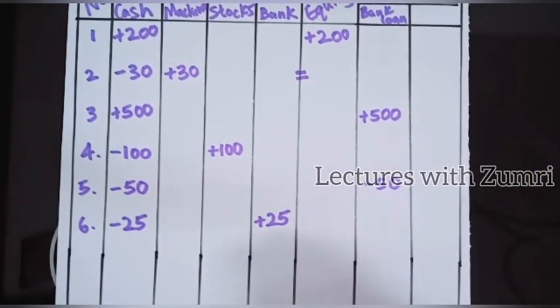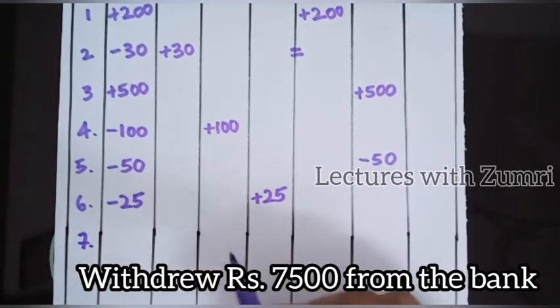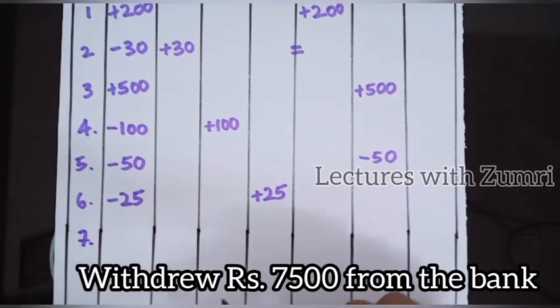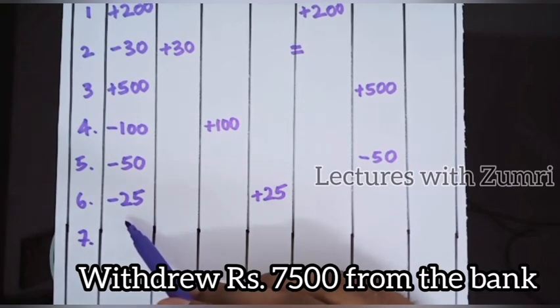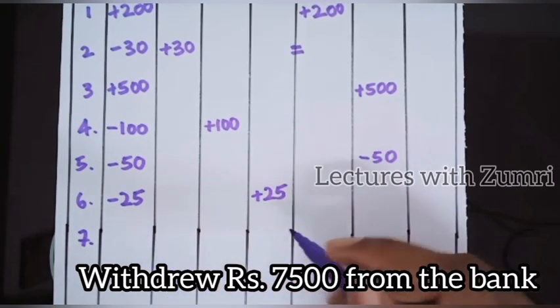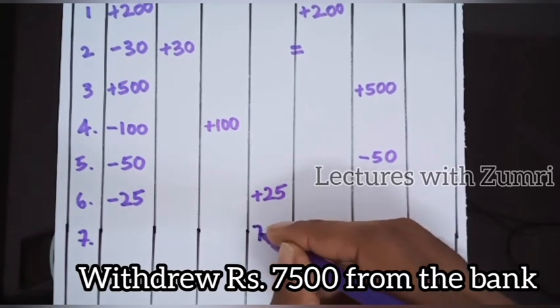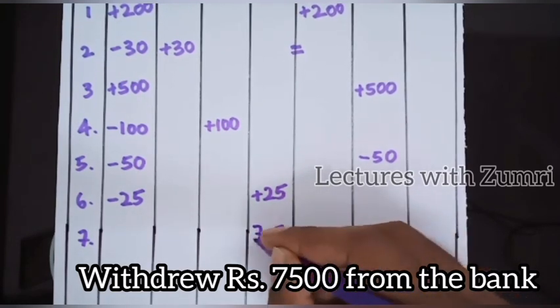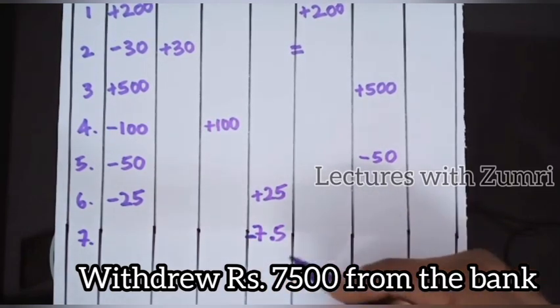Right, now let's move to transaction number 7. What does it say? Withdrew 7,500 from the bank. Right, now here, earlier we put money in the bank. When we put money in the bank, what happens? Money in the bank increases, cash in hand will be decreasing, right? Now if you take money from the bank, what happens? Money in the bank account will be decreasing. 7.5 will be decreasing, right? Minus 7.5 in the bank column,